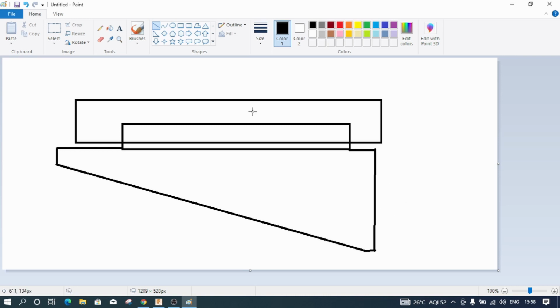This is the wing of the aircraft, this is the body of the aircraft, and this is the joint. Let me remove the lines so that you will understand it better.